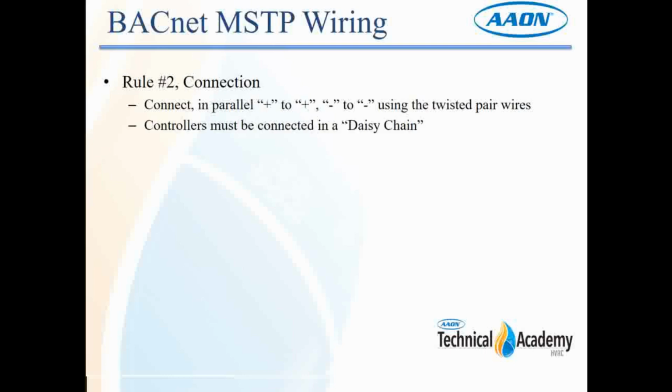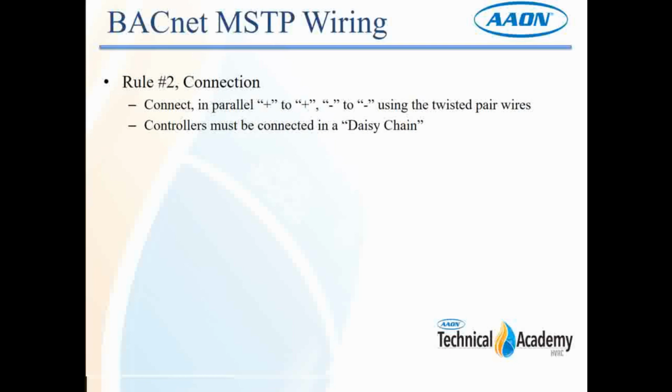You need to wire this in a daisy chain format. So you're going to go from one controller to the next controller to the next controller, so on down the line. You really do not want to add any T's or stars into the configuration. You really just want to go a daisy chain format, even if you have to go a little bit longer with your wire. The longest that you're allowed to run your communications wire is a total of 4,000 feet. That is if you follow all of the rules